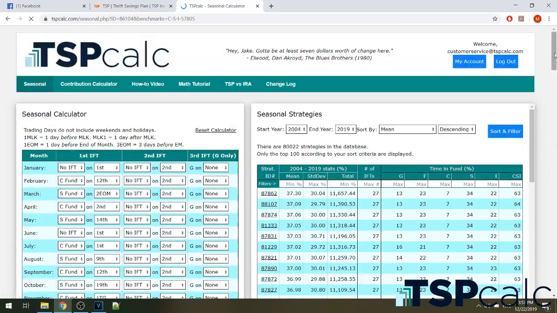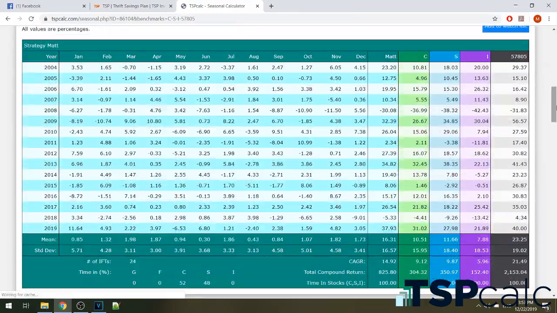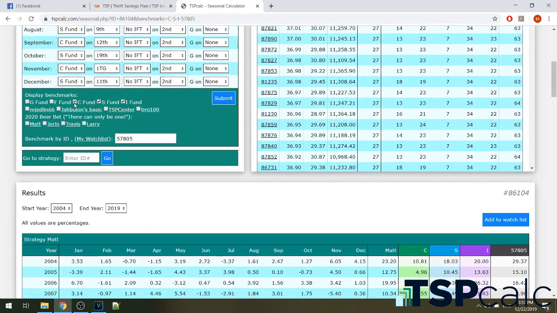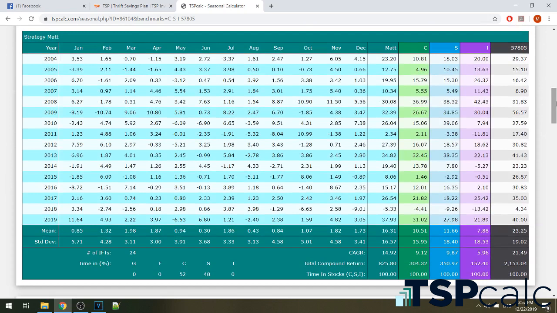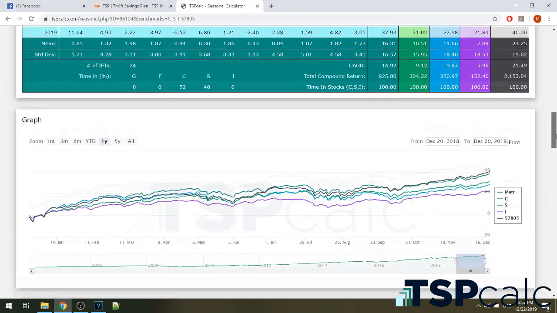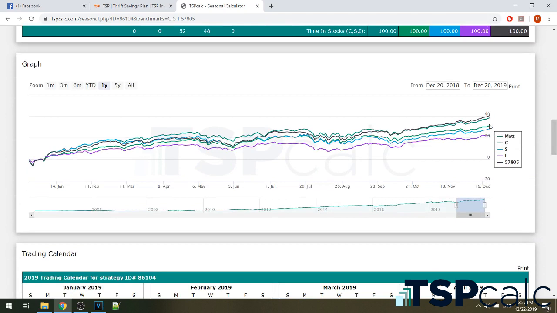and now that is also a benchmark. So now see here with the 3 check boxes, we're benchmarking C, S, and I, and then I typed in this ID that I want to benchmark. So that's 57805. So now I can see all those monthly stats. I can see 57805's monthly stats, and then when I scroll down again, all 5 of those are on the graph. So there's 57805, which was in the lead, above,